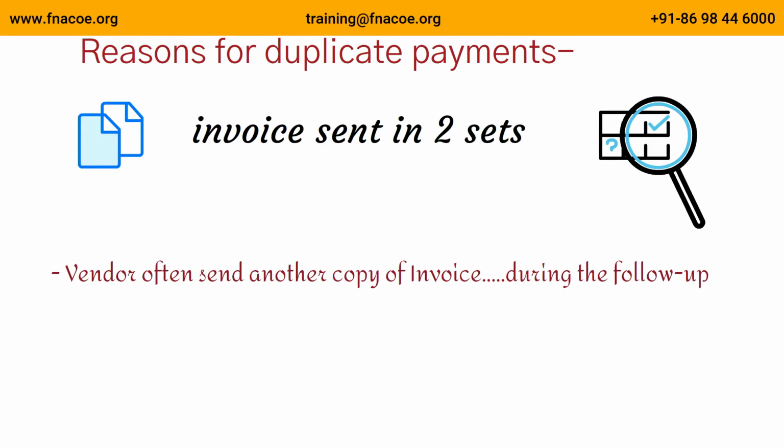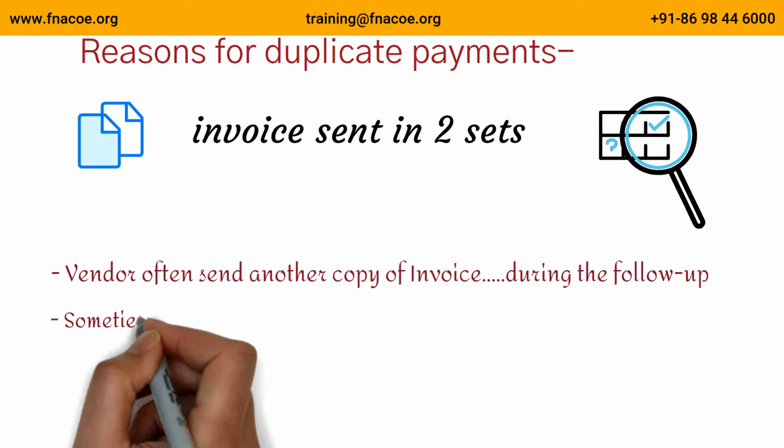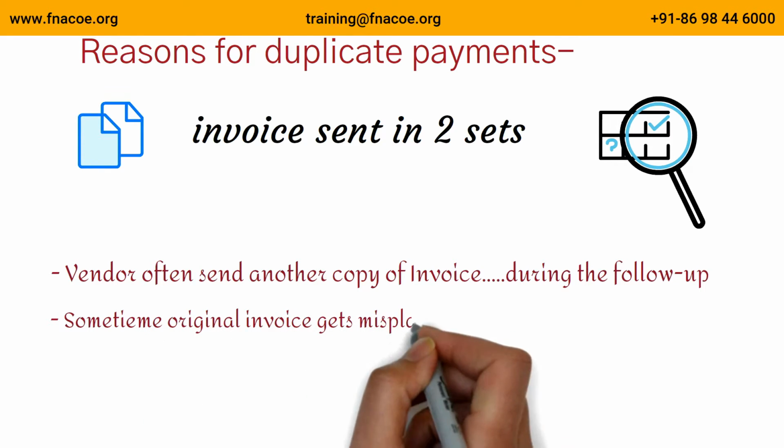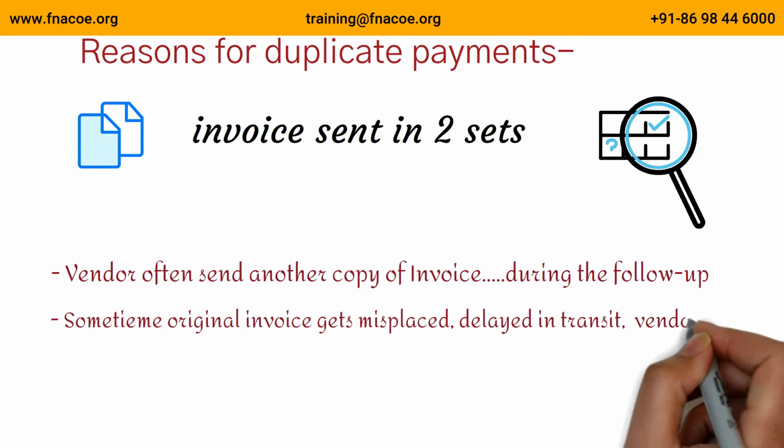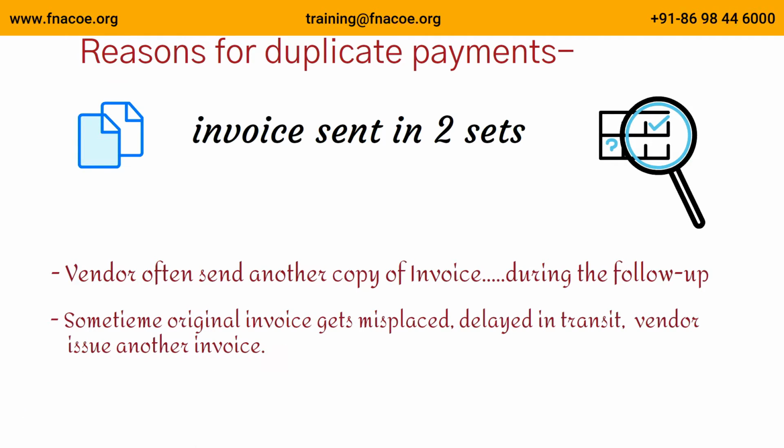While this may be marked a copy or a duplicate invoice, they are not always so marked. So many of these second invoices also get paid. And what do you think happens when the original turns up in accounts payable and is approved for payment? It sometimes gets paid. Getting that duplicate payment returned can be a tedious and expensive proposition. Other reasons could be that the original invoice gets misplaced or delayed in transit because of postal error or scanning partner errors, and hence the accounts payable department on the customer side asks for a copy of the invoice. That also leads to a duplicate payment.